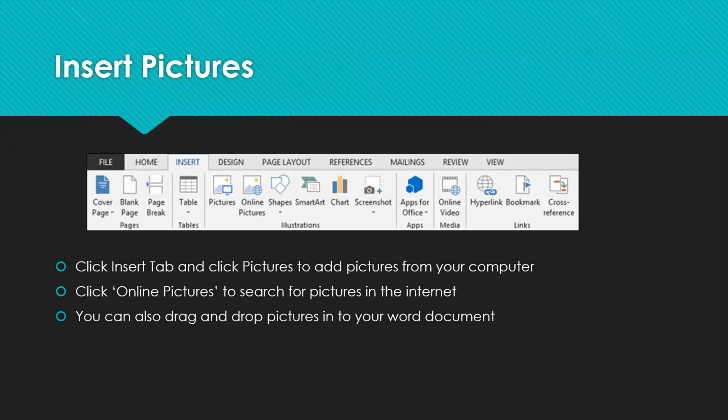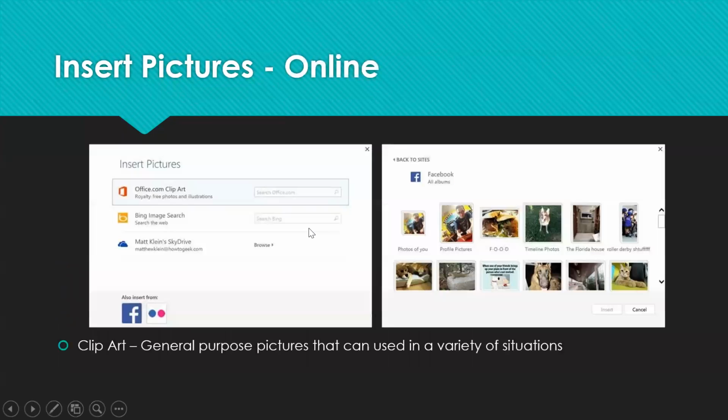So this slide shows how to insert the picture from the internet.